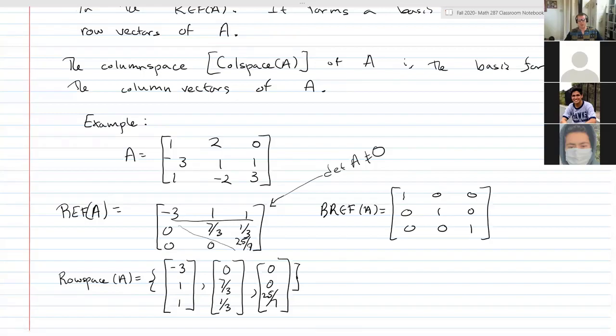We just know that we can turn these all into ones, and then we just have to row reduce above. So we know that we're going to end up here at REF of A. Consequently, those three vectors, (1, -1, -3), (1, 2, 1), and (-2, 0, 1, 3), are going to end up being